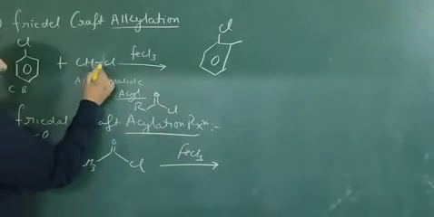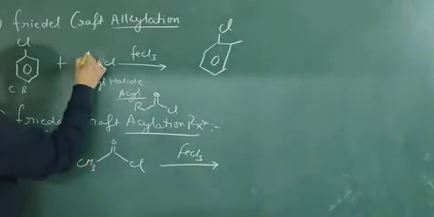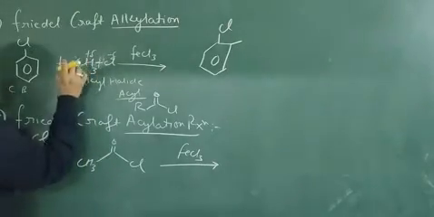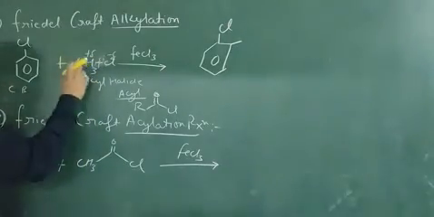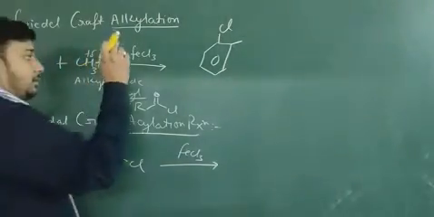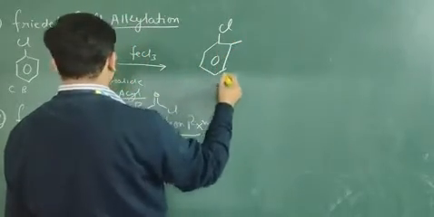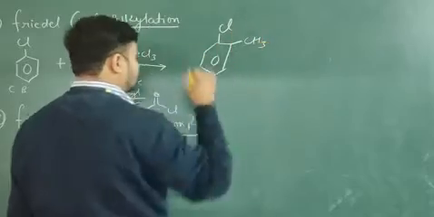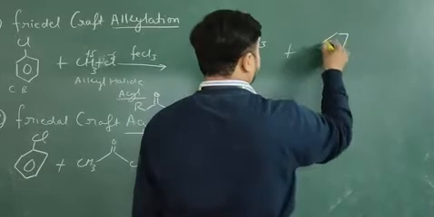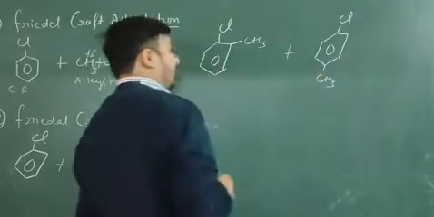Now this Cl is a good leaving group. The bond is going to break because it is polar in nature, and it will form a partial positive charge and a partial negative charge. This positive charge shows that the CH3 is an electron deficient species, which is going to attach with the electron rich species, that is chlorobenzene, which is ortho and para directing. This CH3 will be attached at the ortho position, and there is also an option for the para position in chlorobenzene. So CH3 is also attached at the para position.